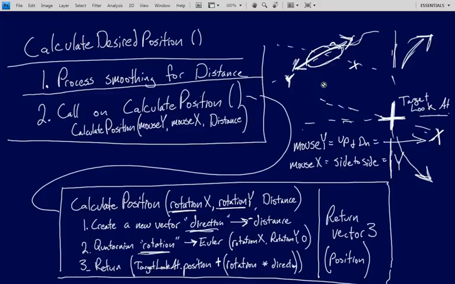So again, we covered everything that we need to do, and I'm not going to go back over that again. There's just been so much of it. But our whole idea, just in really basic form, is that we've got to get that desired position. To help make this happen, we're going to create another method called calculate position, which is going to do all the work for us, really. And so we're going to have to process smoothing for our distance. On each cycle, we're going to have to say, hey, wherever you are, go ahead and give me your current distance right now, because I've got to hand that over to calculate position